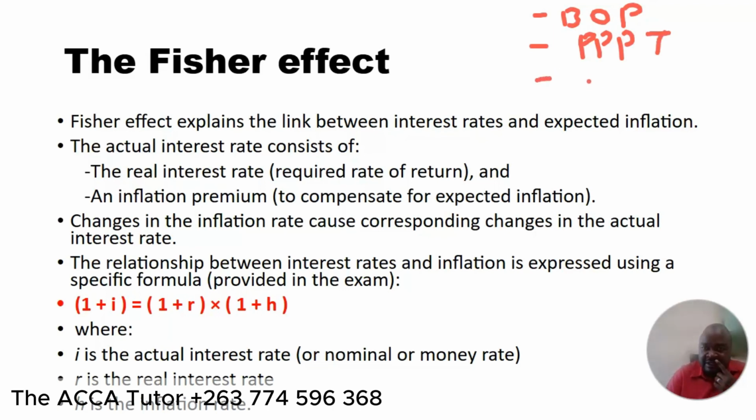All right, and there is what is called interest rate parity theory, and then the four-way equivalent. So you can see that the Fisher effect is not part of the direct causes of exchange rate fluctuations, but